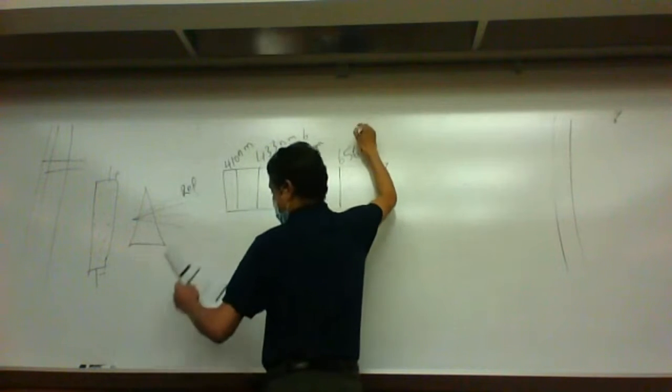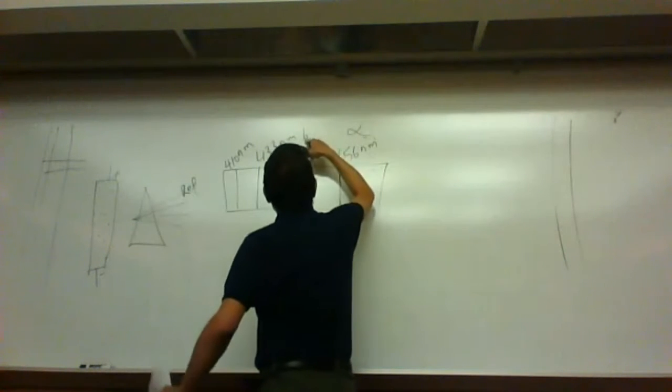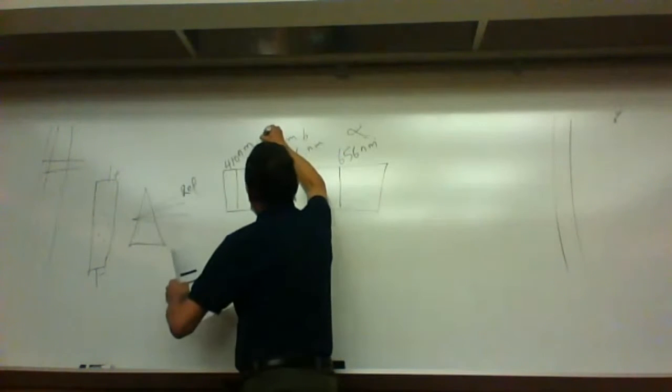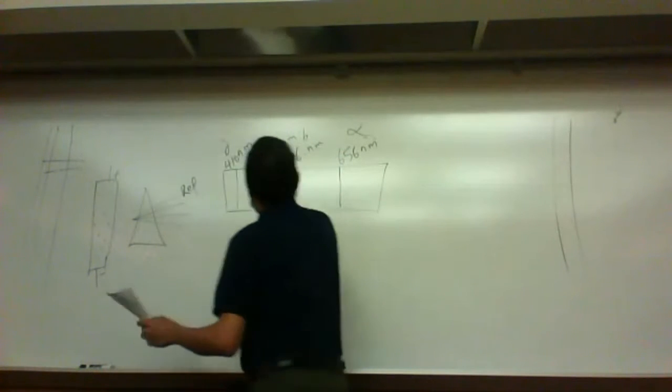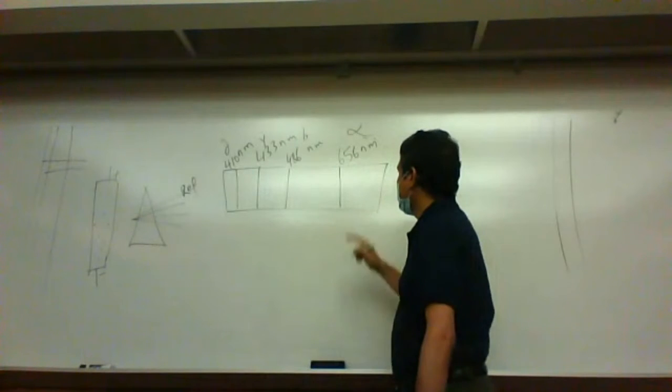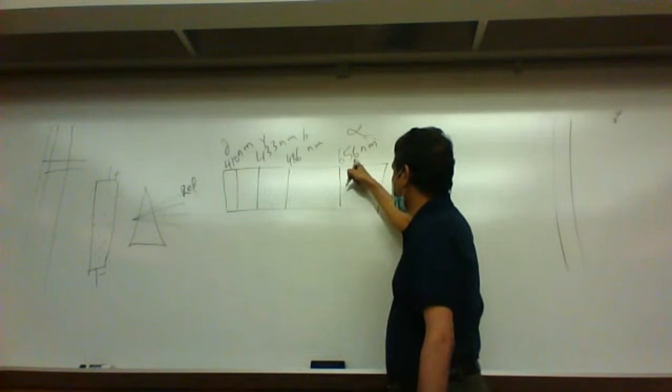This is alpha, right? This is alpha. This is called beta. This is called gamma, and this is called delta. So you see the four kinds of light, and if you measure the wavelength of those light, one has 656